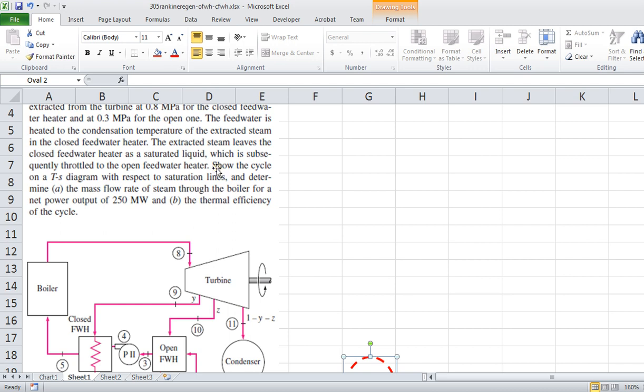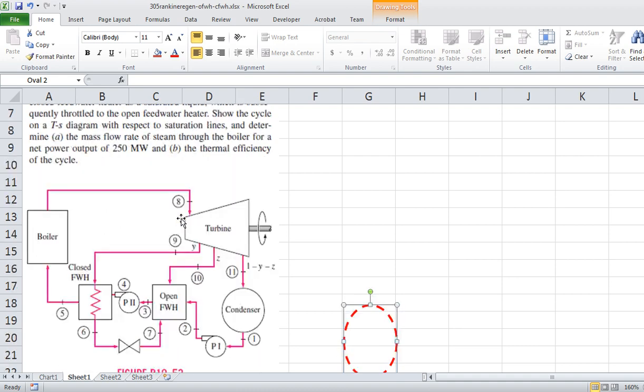So I think that's all that he's told us about that closed feed water heater. So we're supposed to draw a TS diagram, determine mass flow rates to produce 250 megawatts of power, and the thermal efficiency of the cycle. Okay,